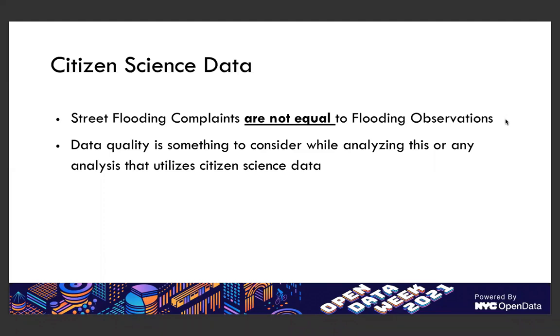We can't say for certain Street A had more flooding events. We can say for a fact that there's more street flooding complaints, but this analysis is not analyzing flooding observations per se. It's street flooding complaints, which could be a function of population density, folks' willingness to actually use 311, a whole array of things.